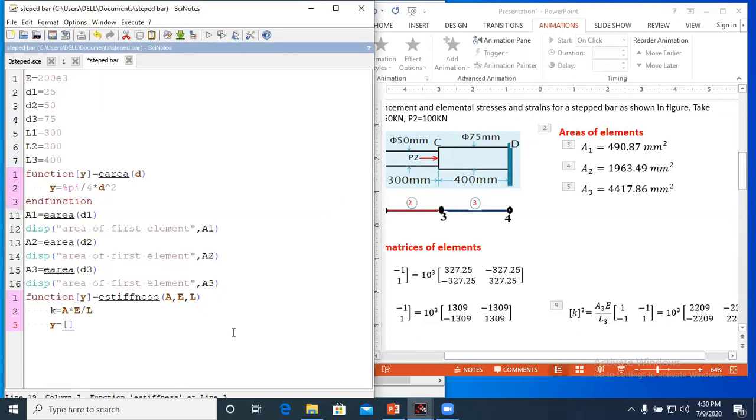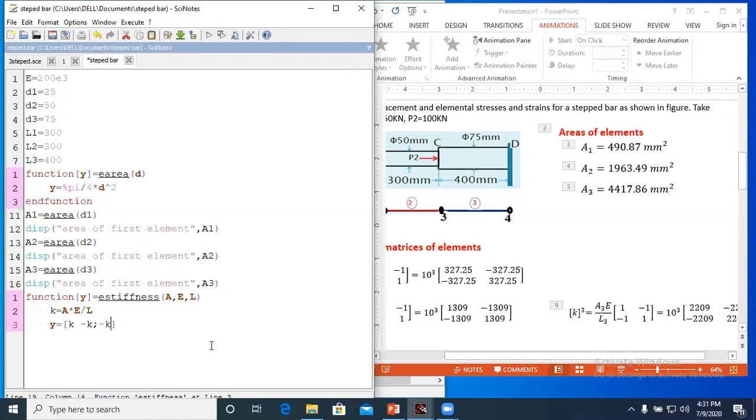So I will write here k, this calculation is k into 1, it becomes k, it is minus k minus k k. So the next element is minus k, this is the first row of the stiffness matrix, semicolon for second row.